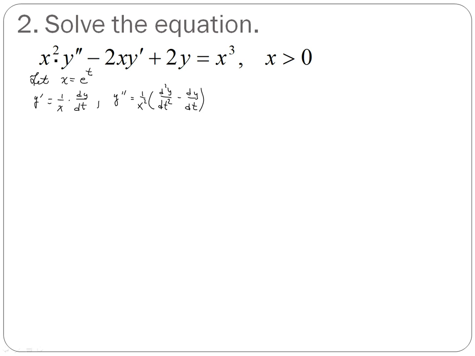So when I make my substitutions, this x squared will become e to the t squared. Actually, it won't. I'm sorry. I'm just going to keep it there. X squared, because it will cancel out with my second derivative of y, which is 1 over x squared, d squared y dt squared minus dy dt